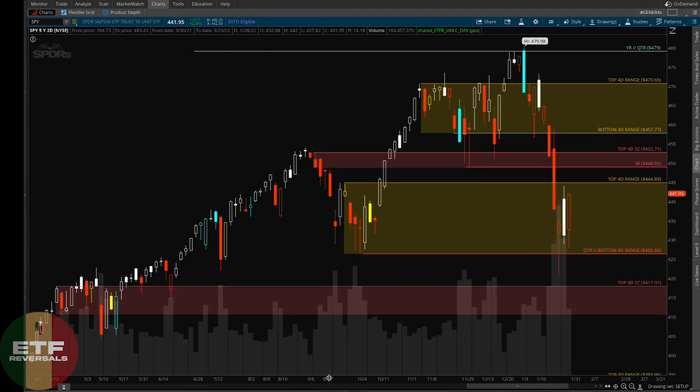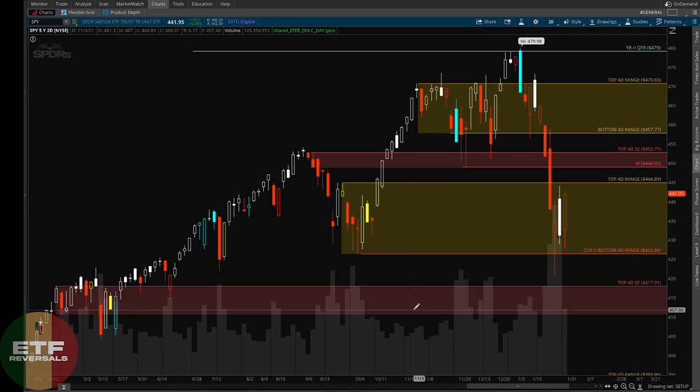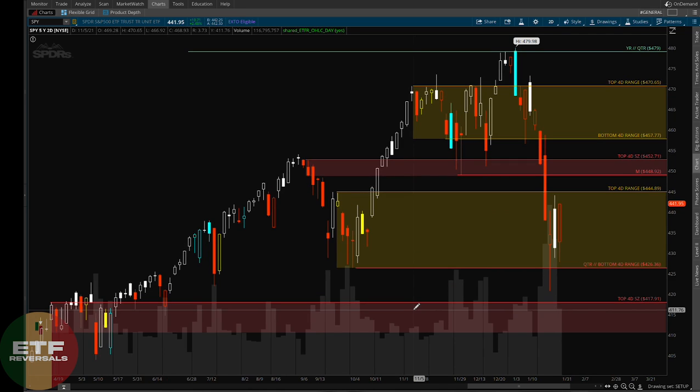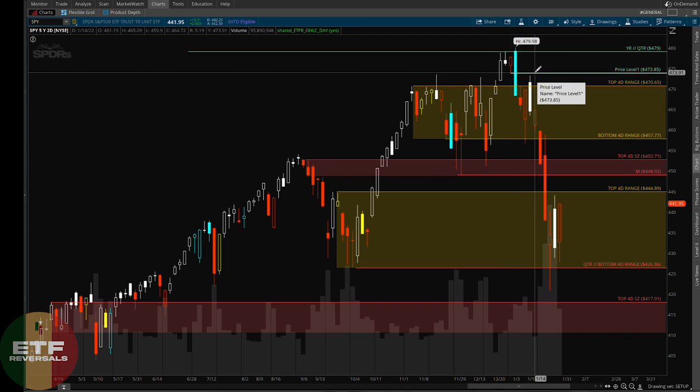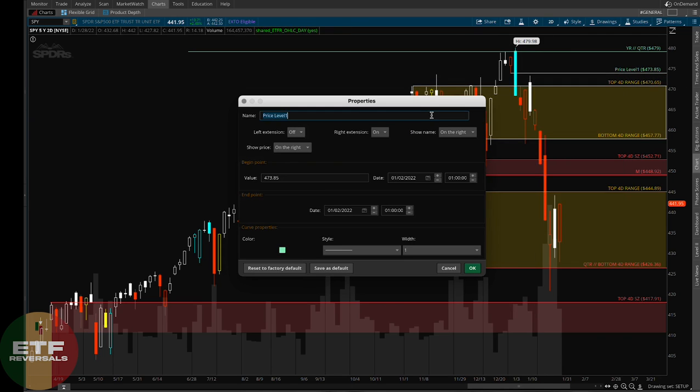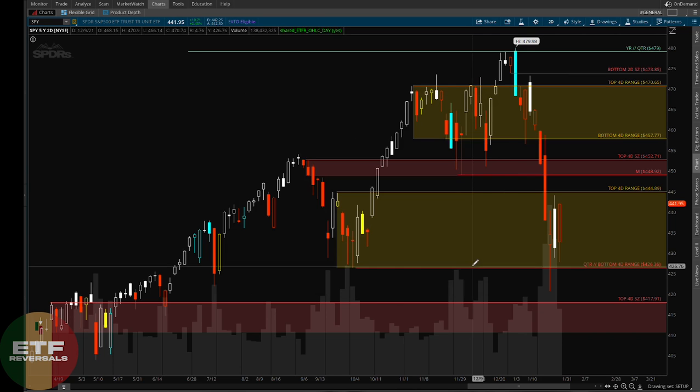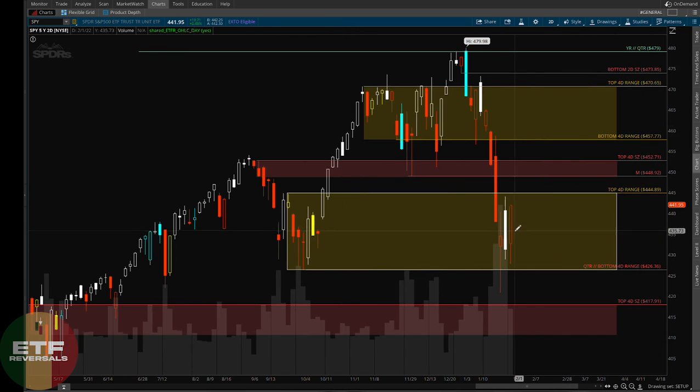Let's just see what we see. See that price action? Yep. And then also, let's mark this. We want to say bottom of that 2D supply zone. So we want to know when we're entering that zone. And then